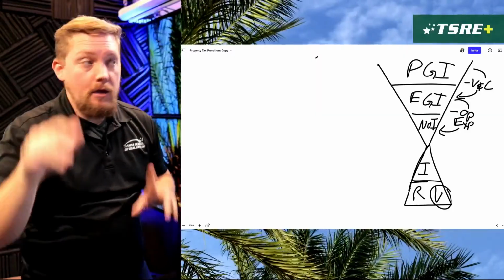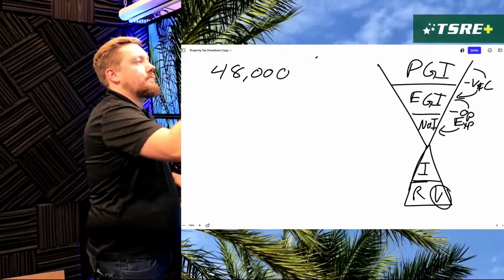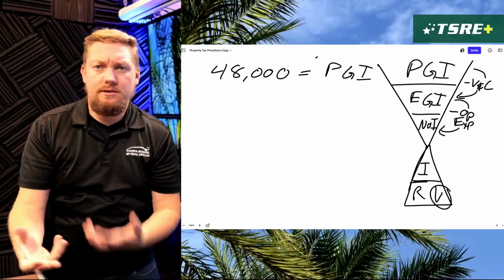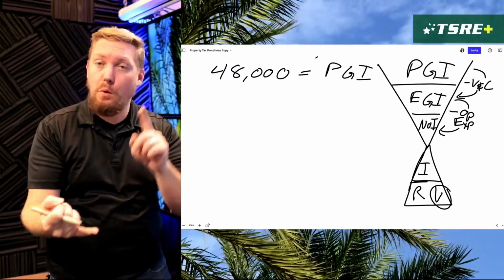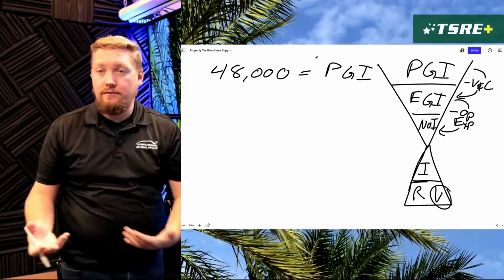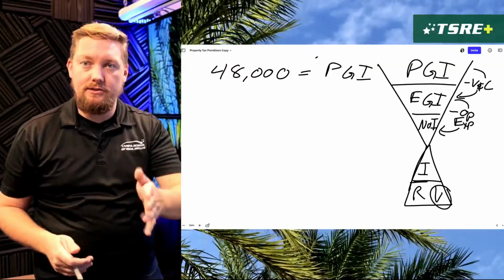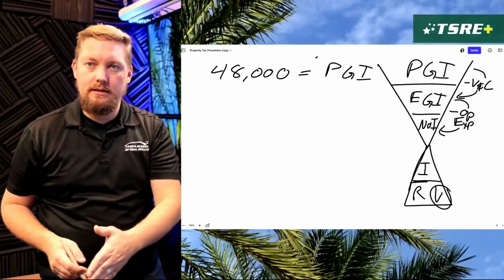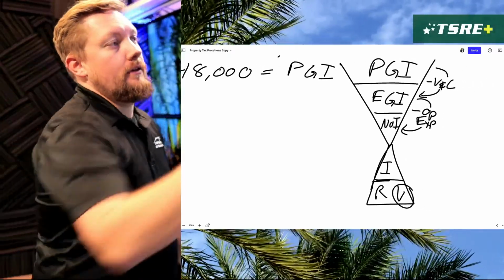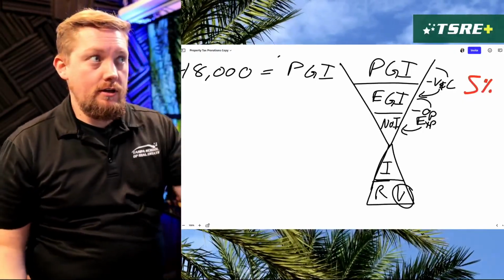But if they didn't give you the effective gross income, then you'll have to start from the top, which is what we're doing here. Now, we do have the $48,000 as our potential gross income. Let's say that's how it would give it to us in the question. It could have said the 1,000 units for 4 units, or they could have just said $48,000 for potential gross income. It means the same thing. There's just an extra step involved if it tells you $1,000 per unit. But again, the changes we're implementing now, the different things would be given here in the question.